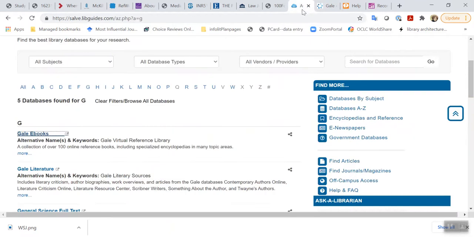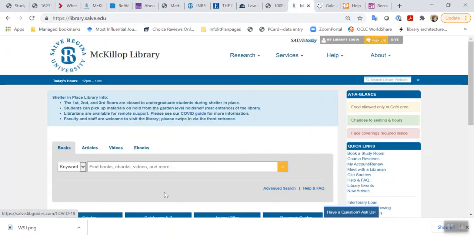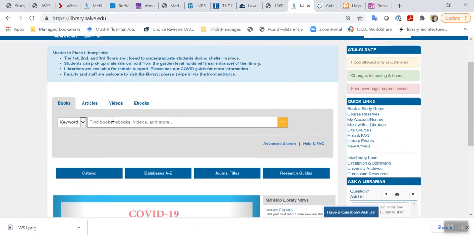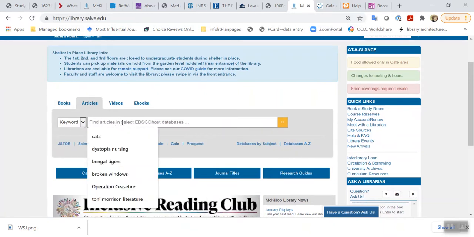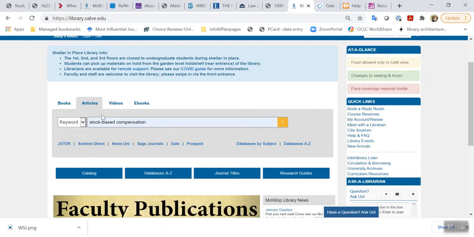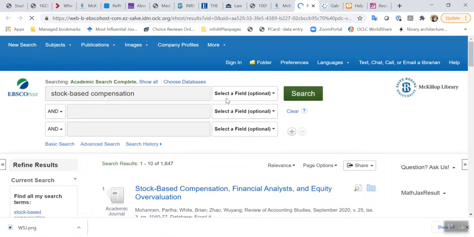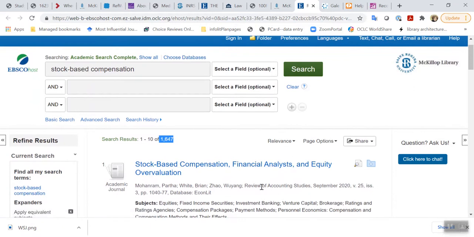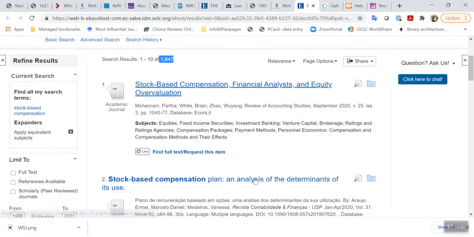Let's go back to the library homepage. Now, the next place we're going to try is our library article search. So we got our overview, and now we're going to try stock-based compensation. This is searching our EBSCOhost databases, and it's searching all of them. Now, we have 1,000 results, and this first one looks like it could be useful,